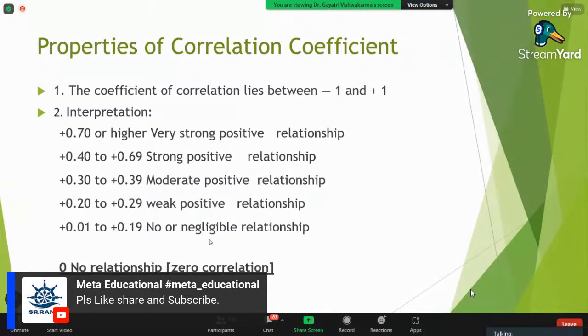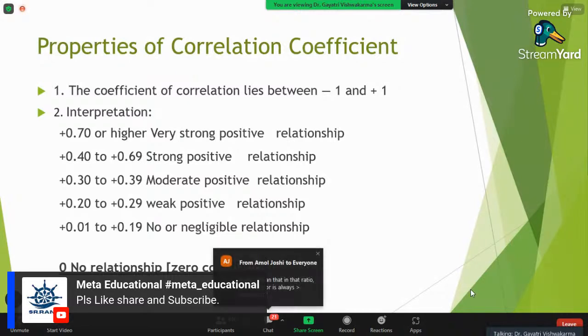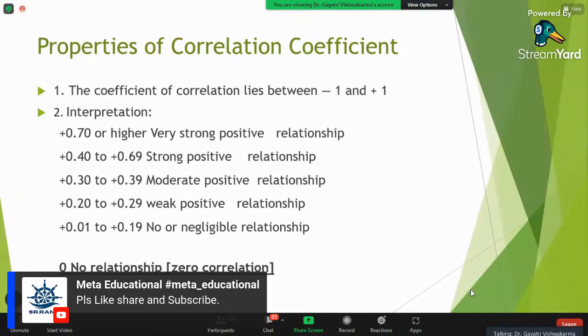But there are some other criteria we have to take into account, which we will cover in subsequent slides. And by chance, if you get 0, that means there is no relationship at all between variables x and y, and they are independent of each other.